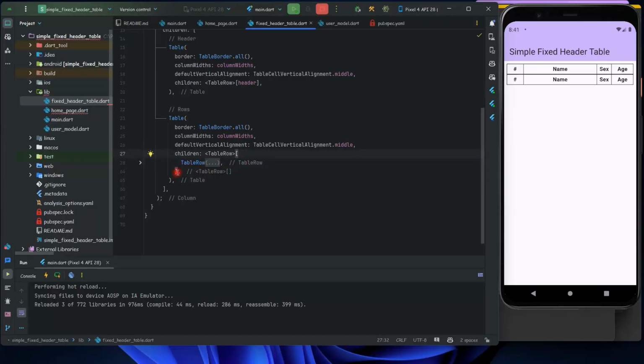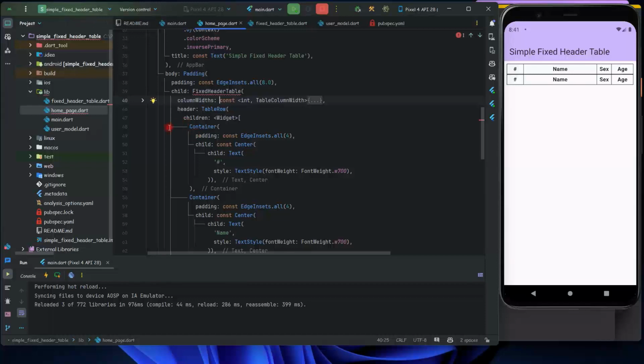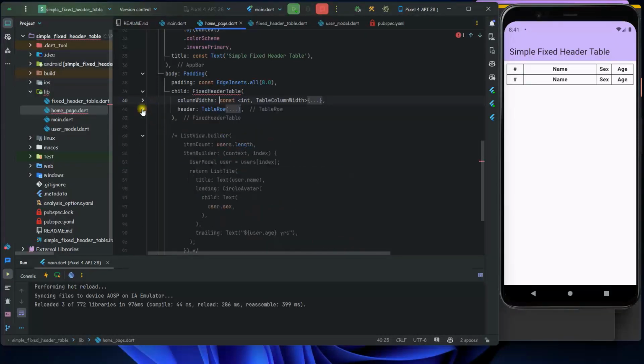And here it will simply be rows. Okay, I go to this one here. The header is already there. Now for the rows,